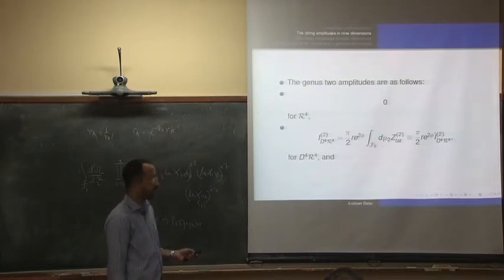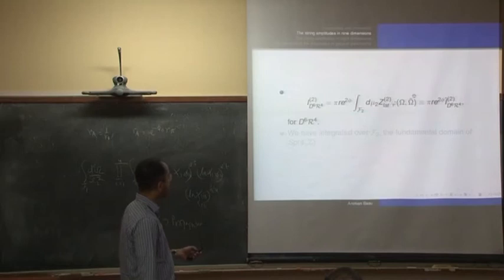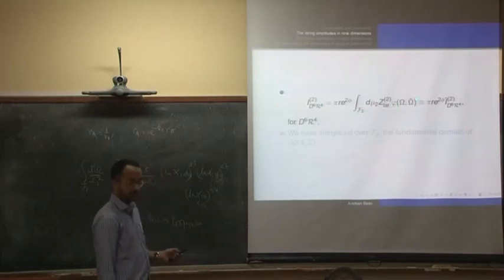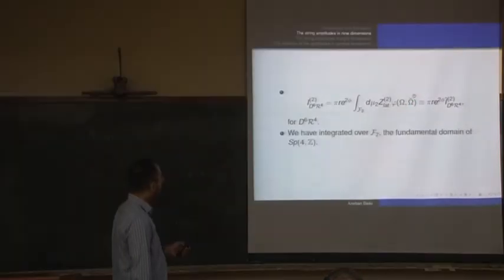There is a genus 2 lattice function. Again, put the simple stuff outside. This is the I2 hat, and I shall define this for you. And this is the D^6 R^4. I shall also define what this object phi is, because now it's no longer something very simple. I'll tell you what phi is. So here, let me go through the definitions.